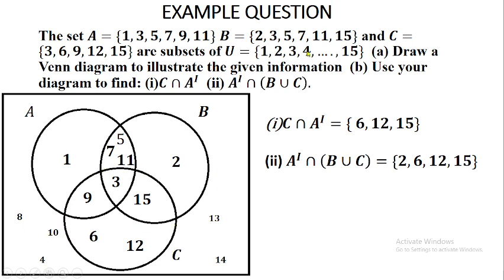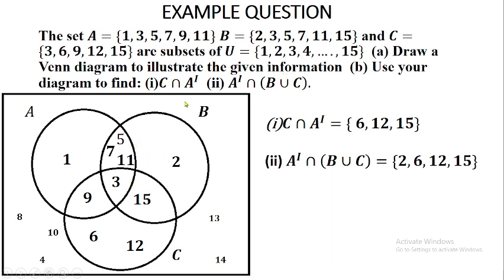But there is 10 in the universal set. There is 14, but there's no 14 here, you write it out. There is 13 in the universal set, there is no 13 in the circles, so you write it out. So you can see this is the Venn diagram you have to construct given this information. I hope you understand what you have done there. Now from then on, you have to use this Venn diagram to